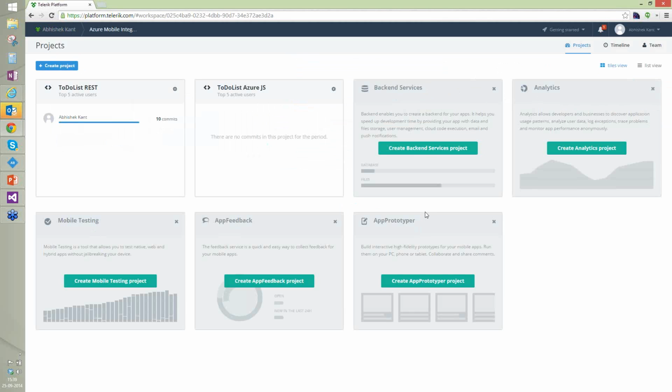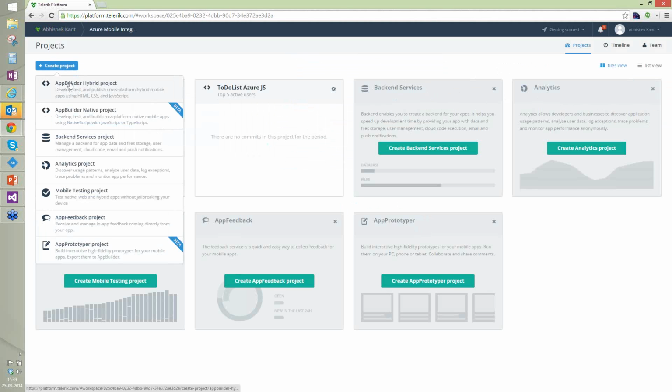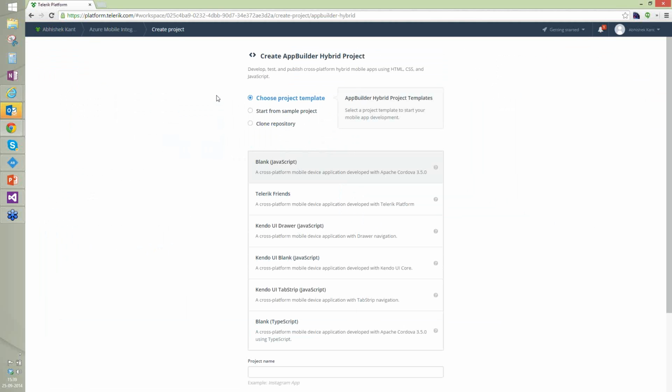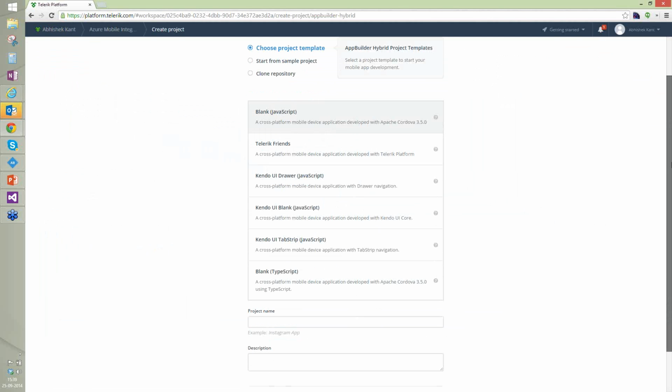So today what we are going to use is something very simple, and that is our App Builder hybrid project. Some other kinds of projects are also seen here. I've been working on another project that you could just see. So in here I can start with a quick